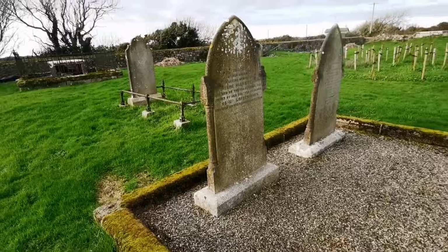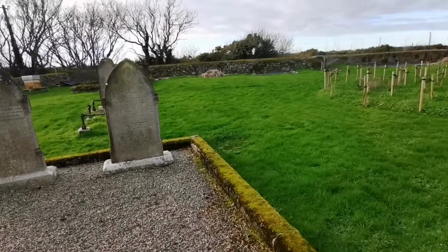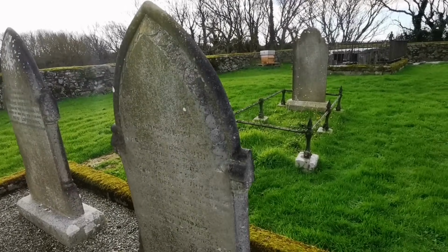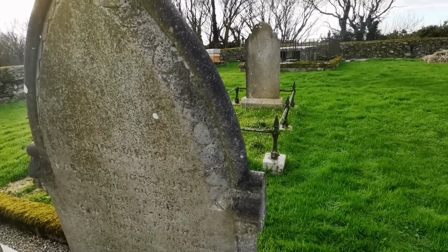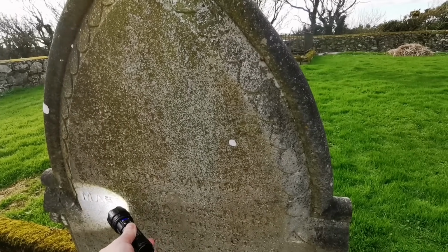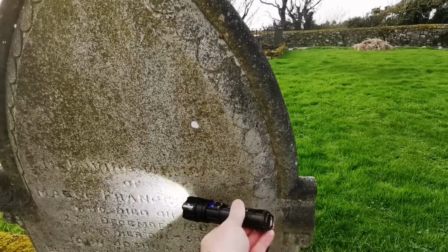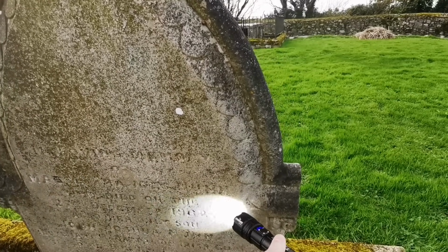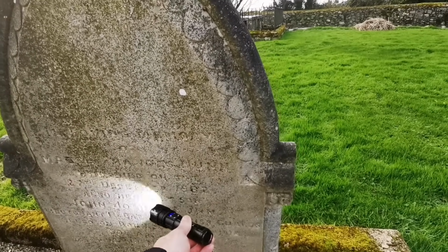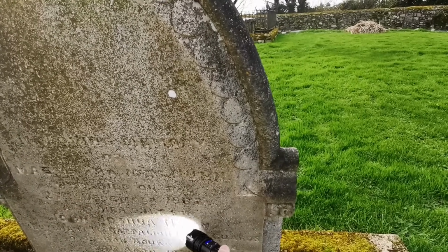And we'll just go around and read the one on the far side, the other grave. If we can, try and read this. In loving memory of Mabeth, I think, Frances Nunn, who died December 1962. Also her only son, John Joshua Nunn,